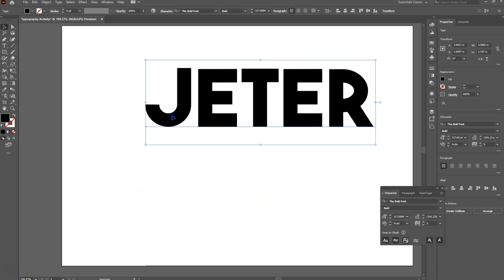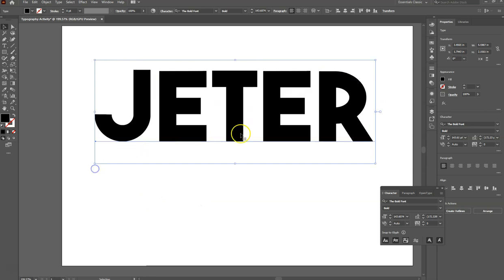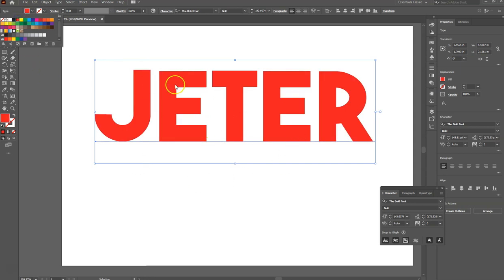So I've done that, and again, I wanted my color to be red. It's not showing as red yet, so if I go back up here and change that to red, there we go. And so we got my name up here, and it has been resized and it's red, and what we